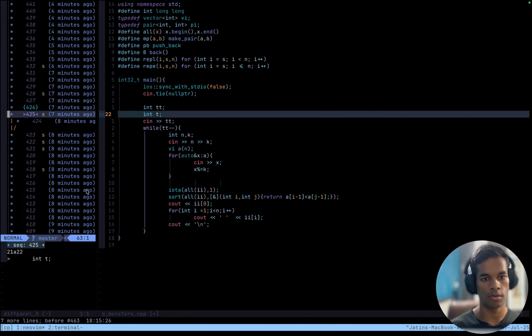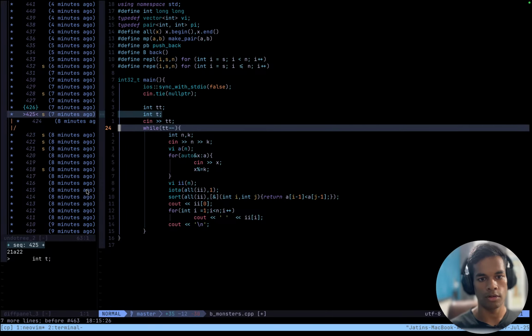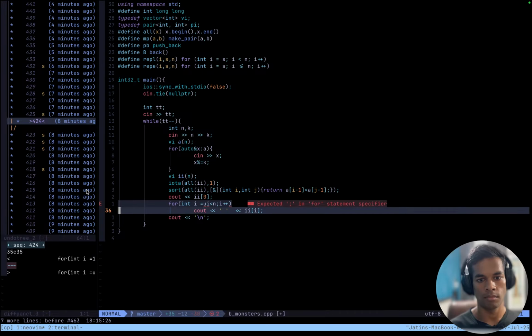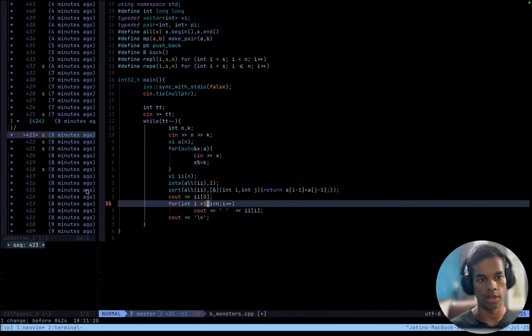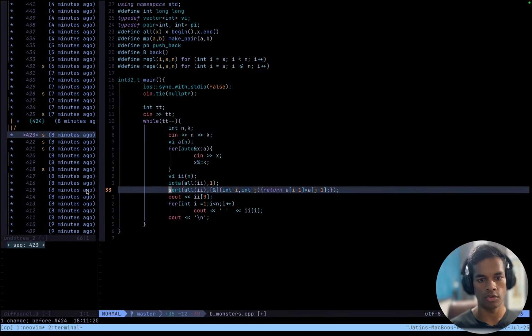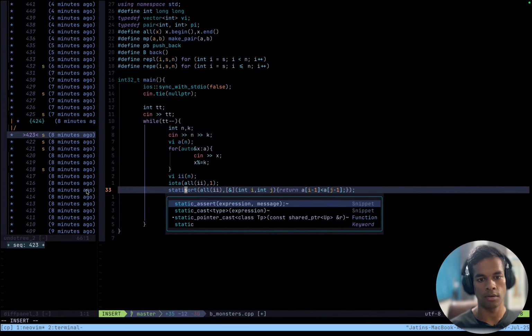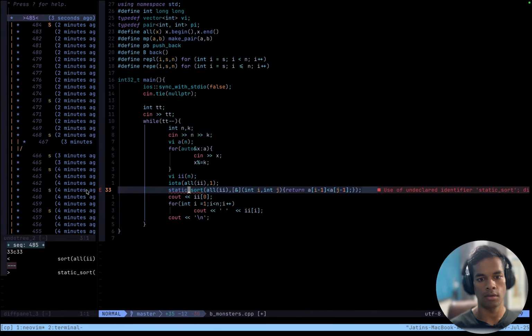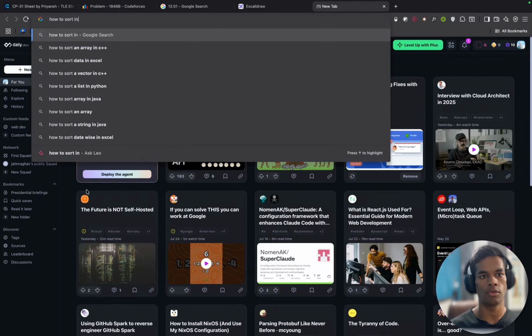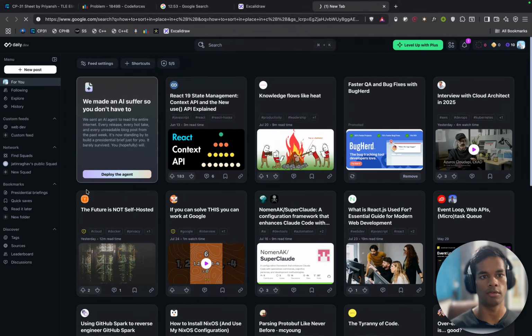That was my original solution, I guess, except for this thing. And the only thing I have to change is like this, static sort. How to sort in place in C++.